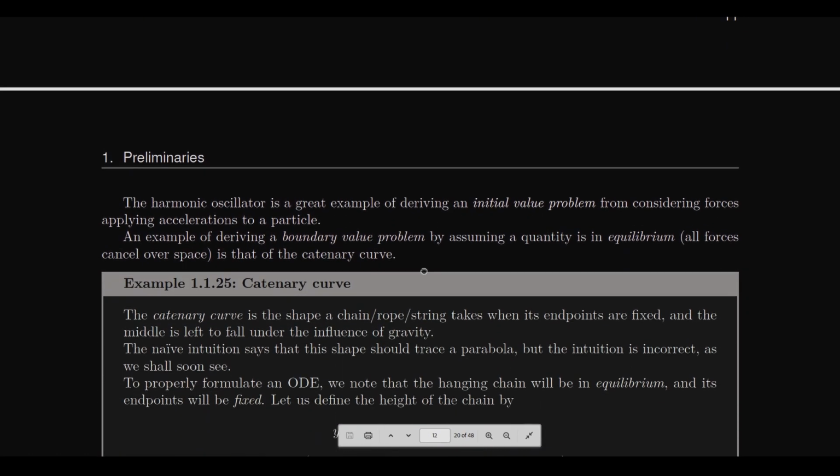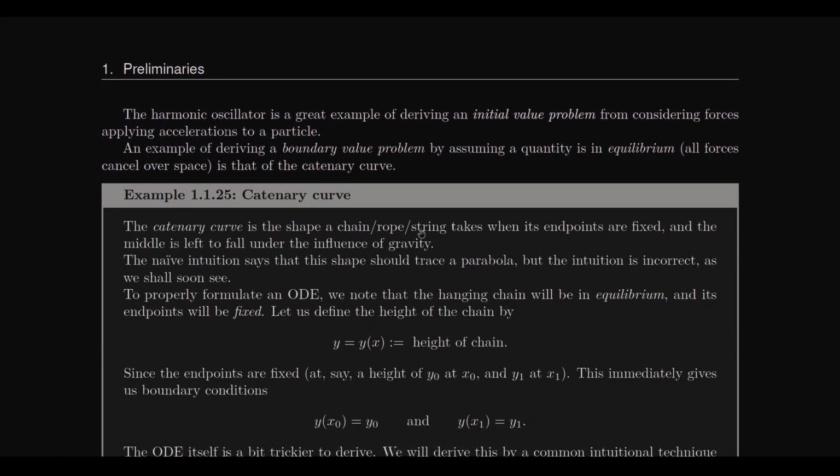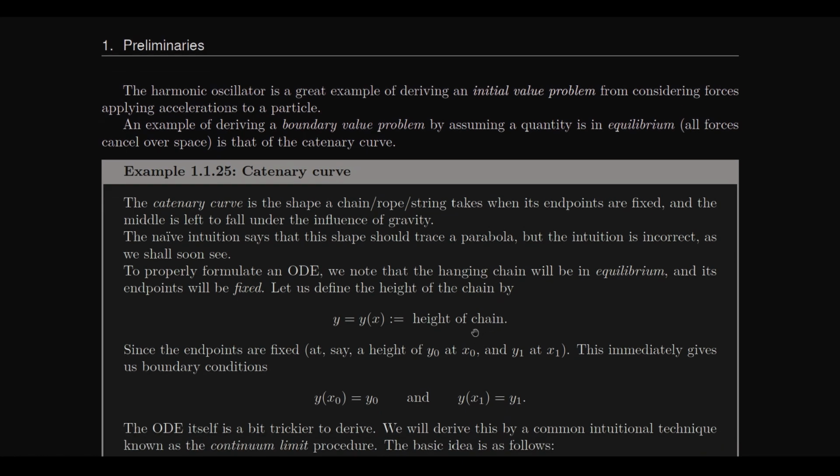Now that's a temporal problem. We were looking over time. How does this problem behave over time? How does the position change? But now we can look at a spatial problem. With the spatial problem, I've brought up the catenary curve. This is a very common